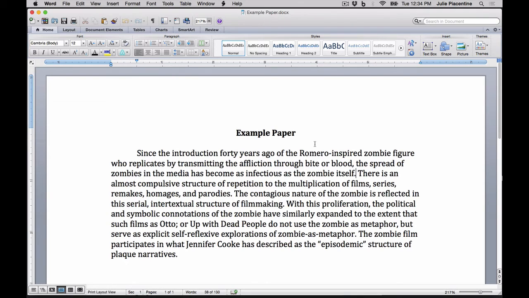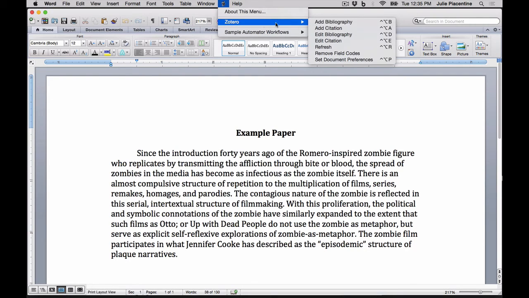And next, I'll find the Zotero toolbar in my version of Microsoft Word. This will look different depending on whether you're using a Mac or a Windows machine. On a Mac, in Word for Mac, you'll see two options. One, this Scripts menu, which appears between the Window menu and the Help menu, which when you click, you'll see a Zotero text-based menu.